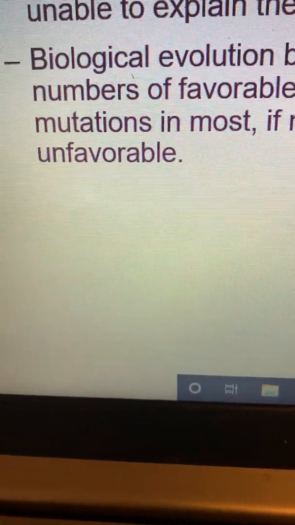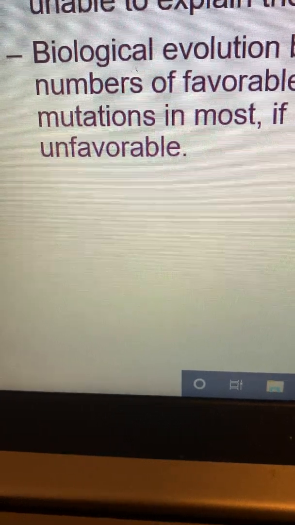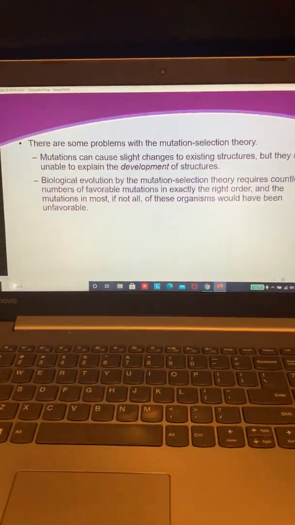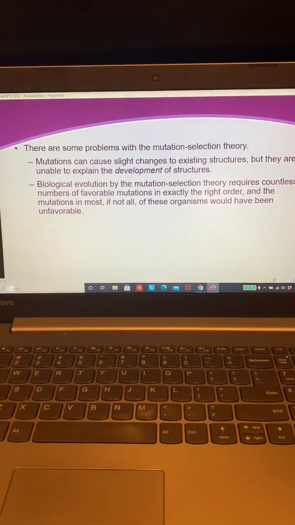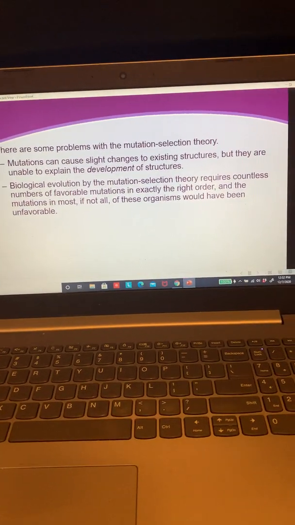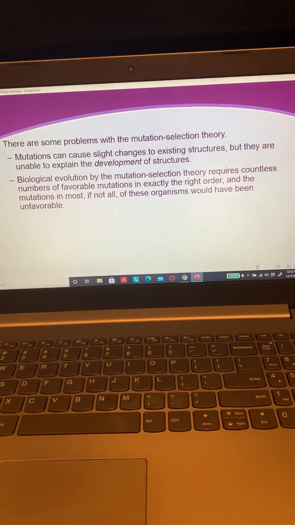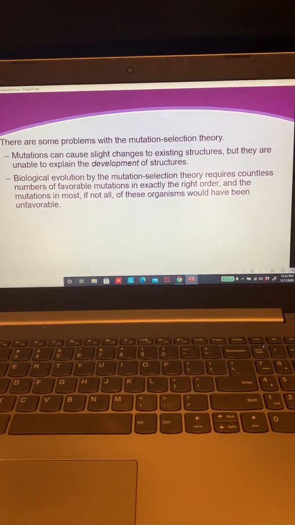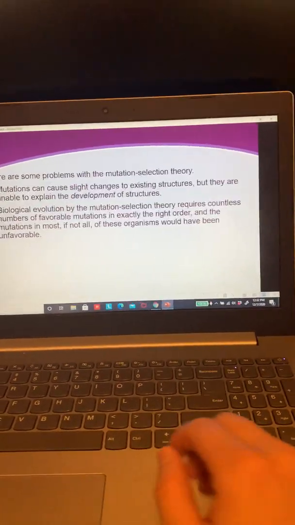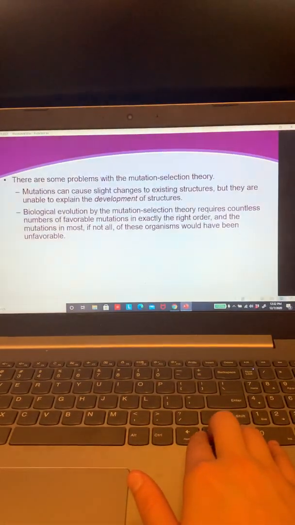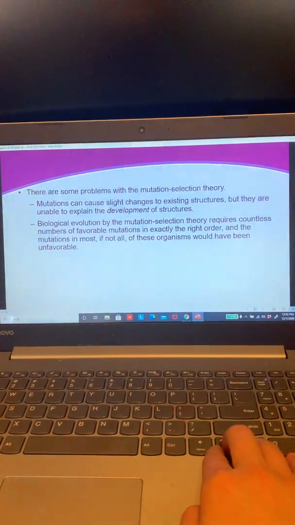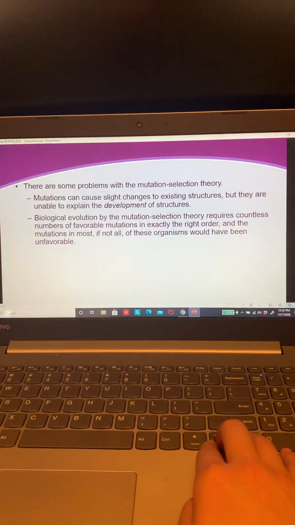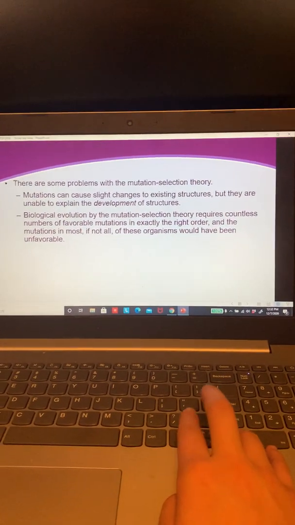But what we see is that most of our trait mutations create unfavorable things. Think about the mutation in the number of chromosomes 21, creating Down syndrome. Or we have a mutation creating albinism, or a mutation in the blood creating sickle cell. All of these mutations I just mentioned are unfavorable. We don't really ever see a favorable mutation, but all of these mutations must have happened in order for neo-Darwinism